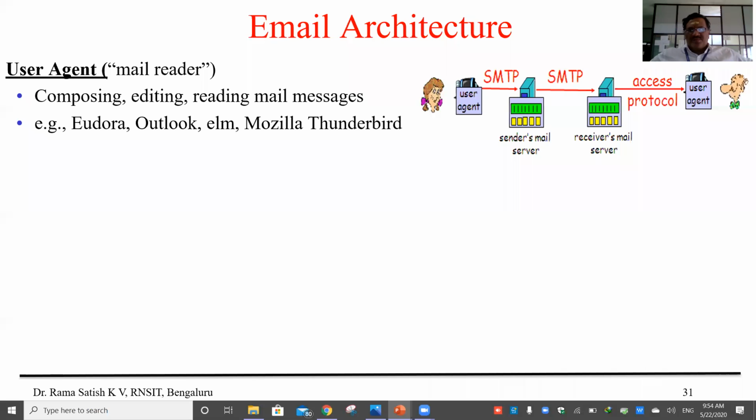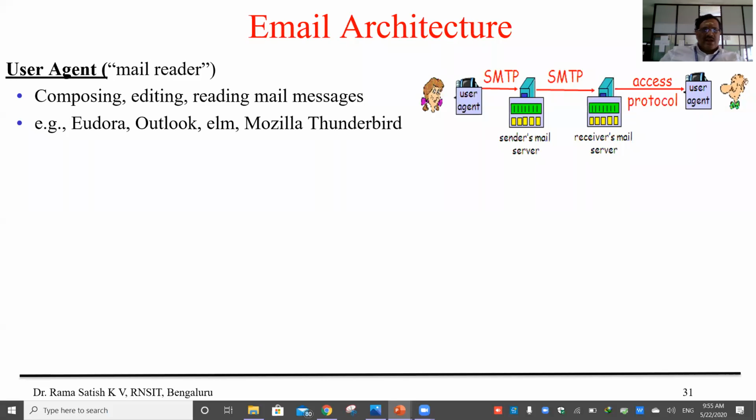Outlook, for example, is one which will be storing all your mails in your local system. What happens if a lot of mails are coming into your mail server? The mail server works just like LRU, least recently used, so the oldest mail will be removed.